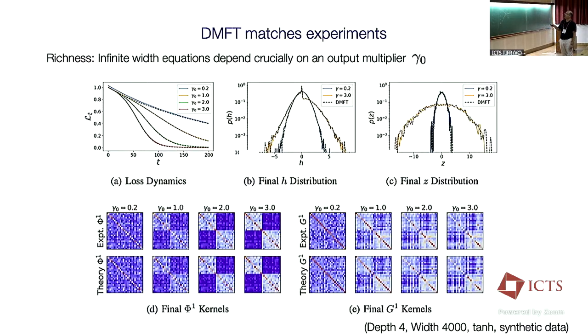Remember, the histograms of H were the things that our mean field theory was describing, so we can also compare those to the mean field theory predictions. The solid lines are histograms we made by training this neural network, looking at the layer before the last, collecting all these H's and making a histogram out of them, and comparing it to the statistics you get from DMFT for lazier and richer models. Notice that the lazier ones look more Gaussian. That's what you expect. And this is a similar thing for the feedback.